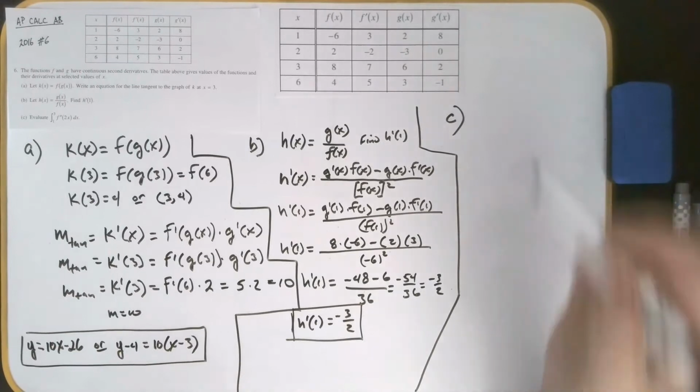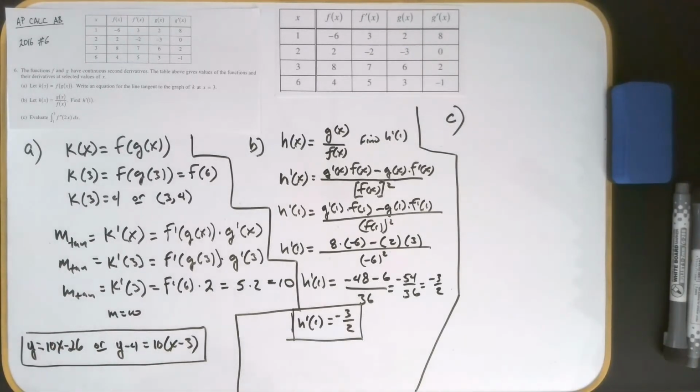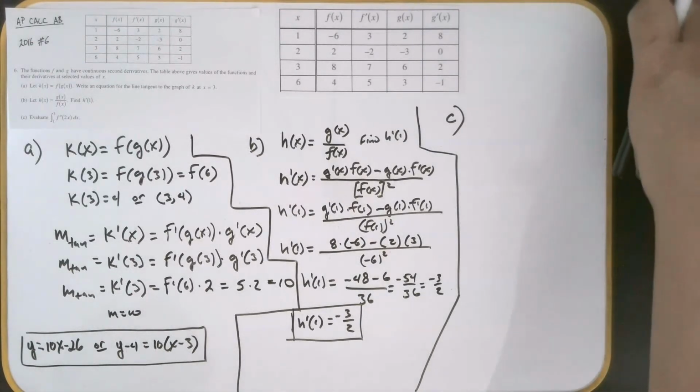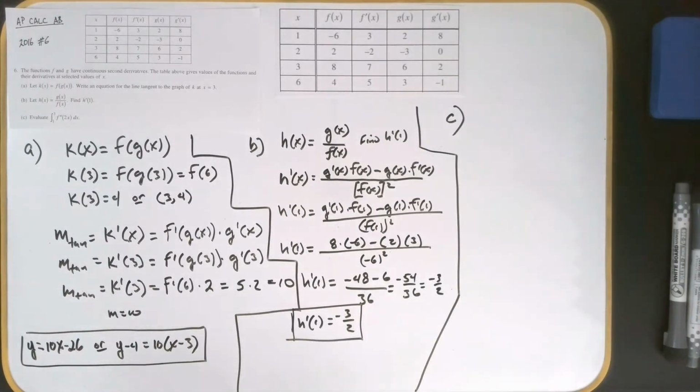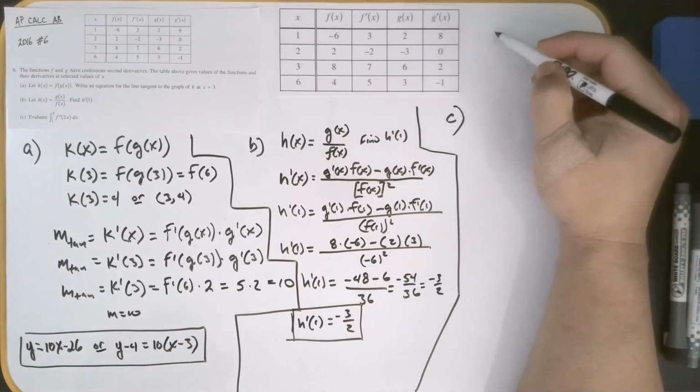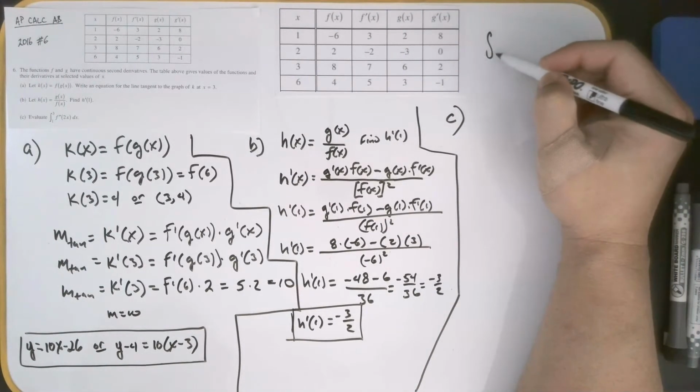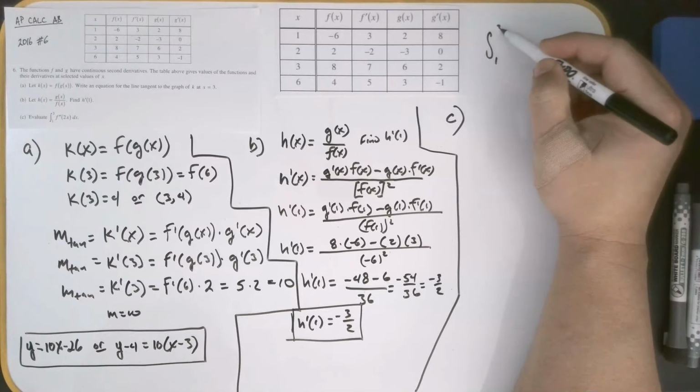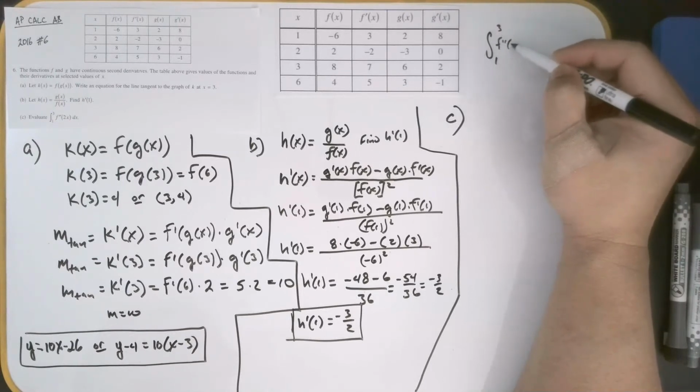Okay, let's see what C has in store for us. C says, evaluate the integral from 1 to 3 of f double prime of 2x dx. Okay. So, let's see here. With the space provided, I'm going to start up high here. I'm going to say, okay, well, they want us to go from 1 to 3 of f double prime of